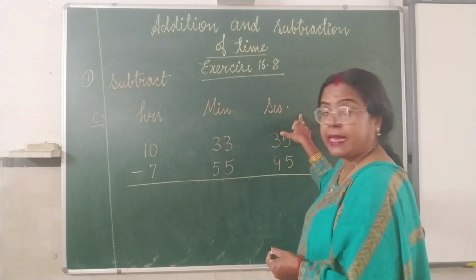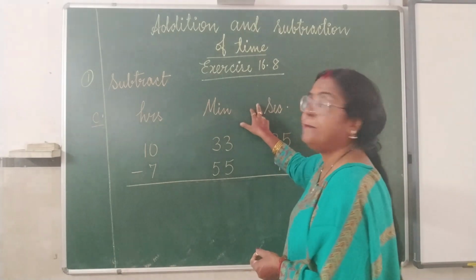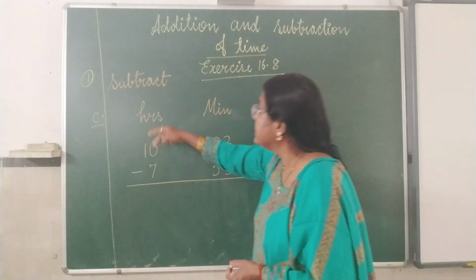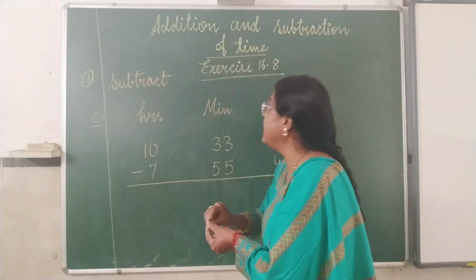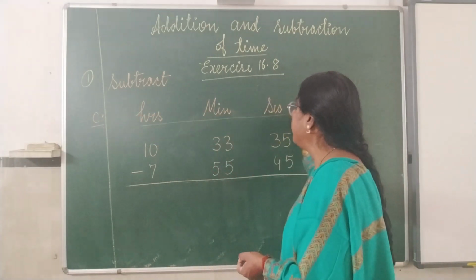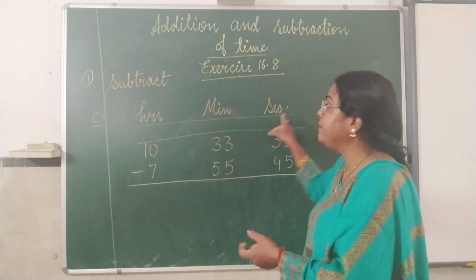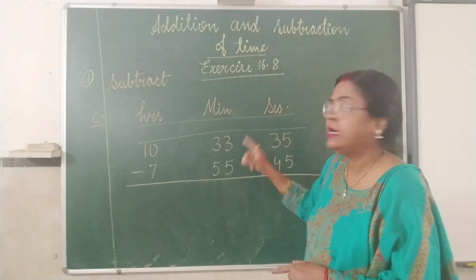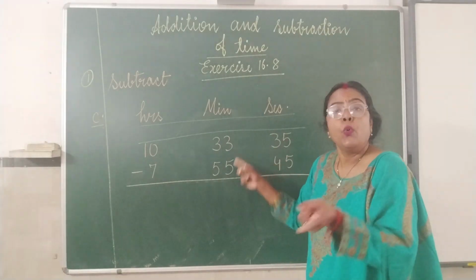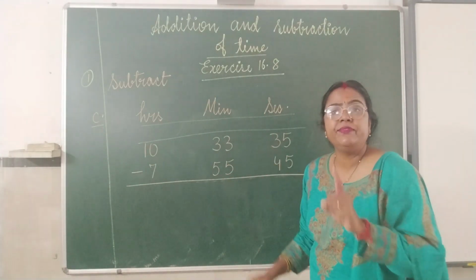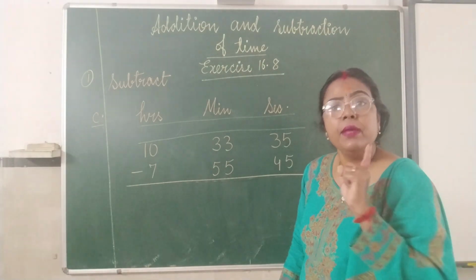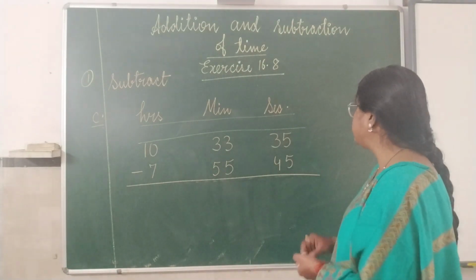Hours, minutes and seconds. We have to leave a little gap between this and the first question. For the second, we have to leave one line after writing the units and number, so that we will do all the conversion in this area, and then we will write the number. While writing the number, we don't have to leave space. We will not leave a line. Okay. Now we are proceeding.